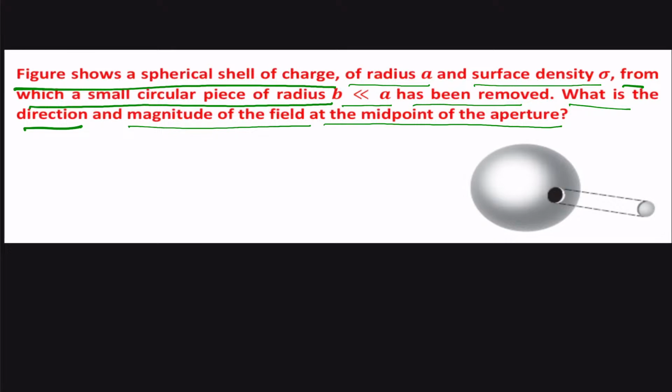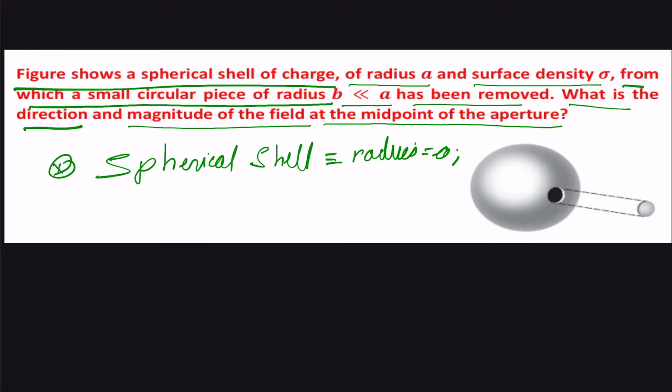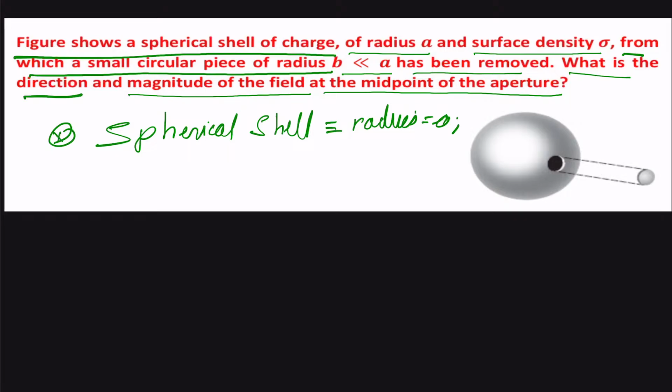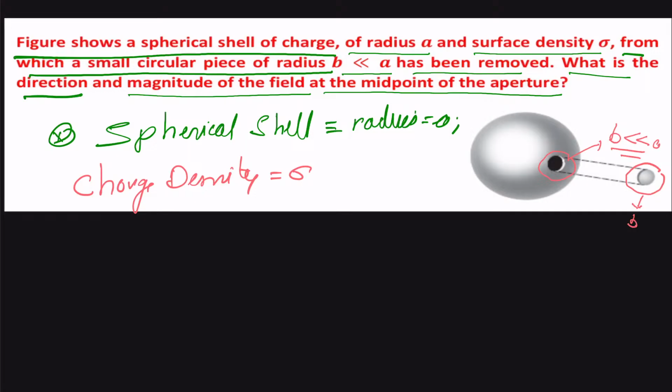So we are given that we are having a spherical shell, and the spherical shell is having a radius a, and its charge density is given to us as rho, and you can say that a small circular hole, because in this case we are given that this is our small piece, the radius of this is given as b, so it means this small hole is also going to have a radius of b, which will be much lesser than the radius of this sphere. Okay, so indirectly we are given that the radius of the hole is much smaller than a,